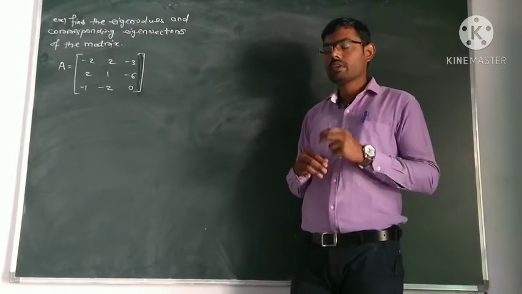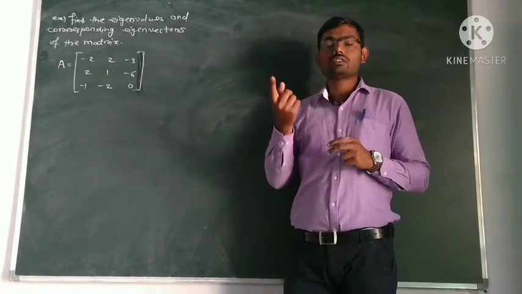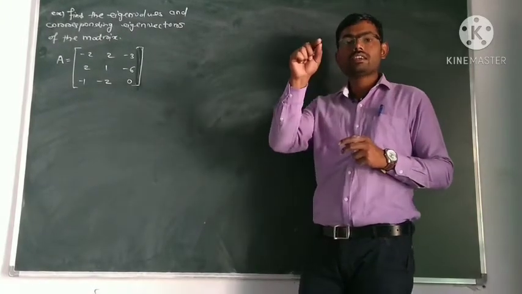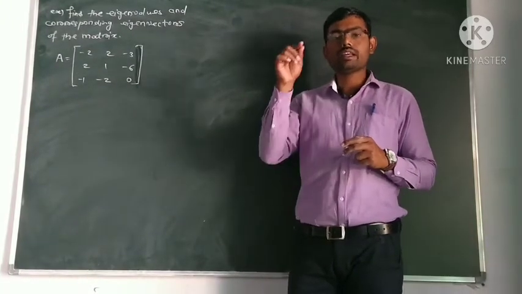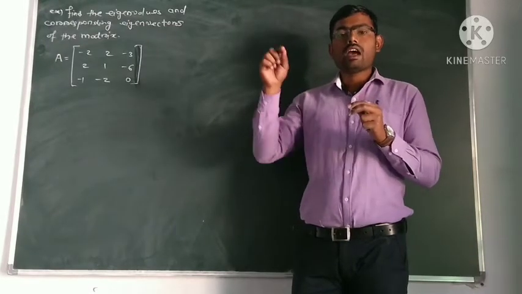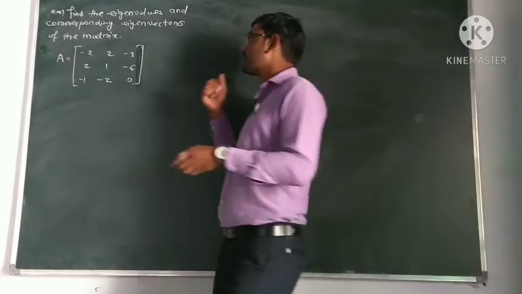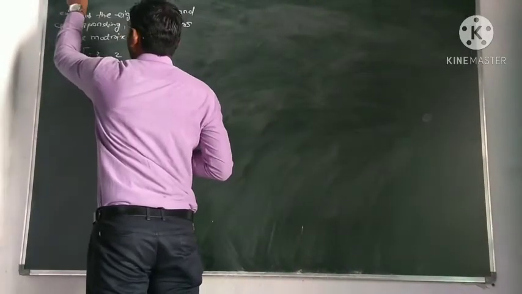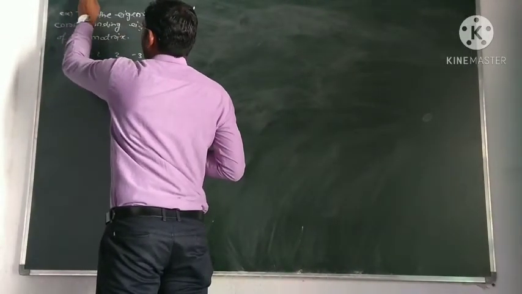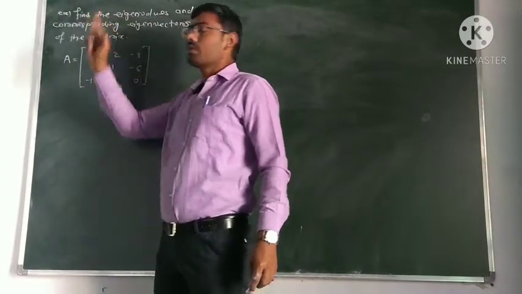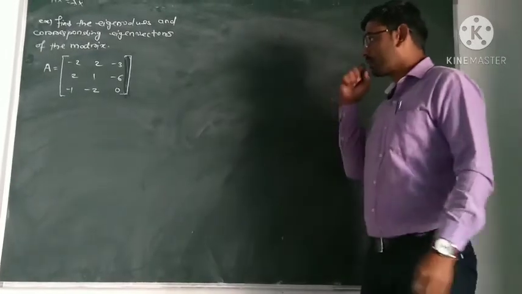Okay. Now, corresponding to each eigenvalue, there is always an associated eigenvector. We know Ax is equal to lambda x. Then lambda is called the eigenvalue, and x is called the corresponding eigenvector. Okay. You have seen the definition. Ax is equal to lambda x. This lambda is called the eigenvalue, and this x is called the corresponding eigenvector. Okay. Now we will solve